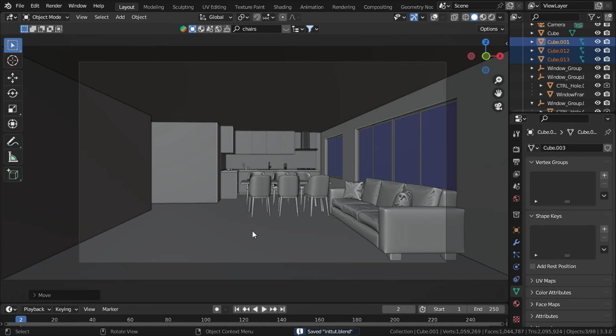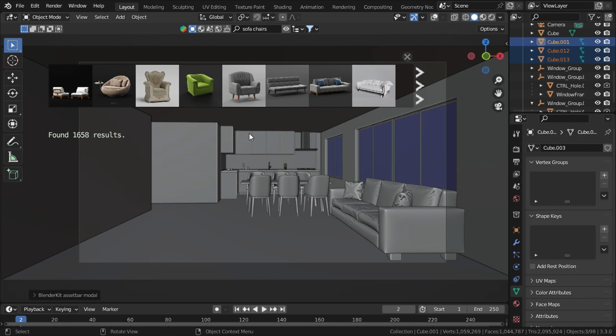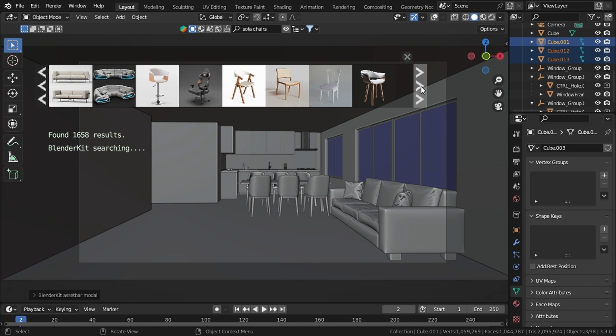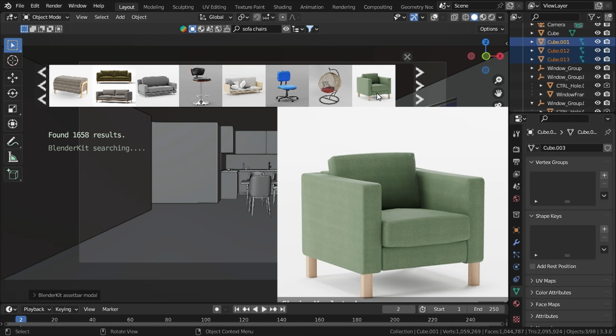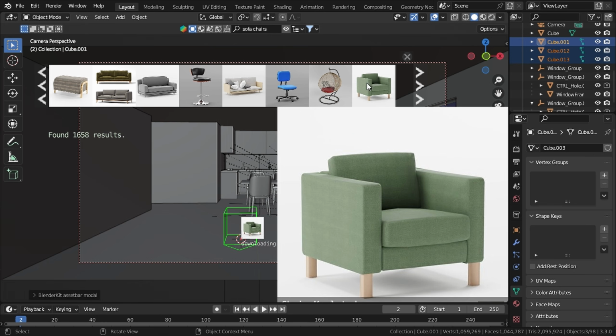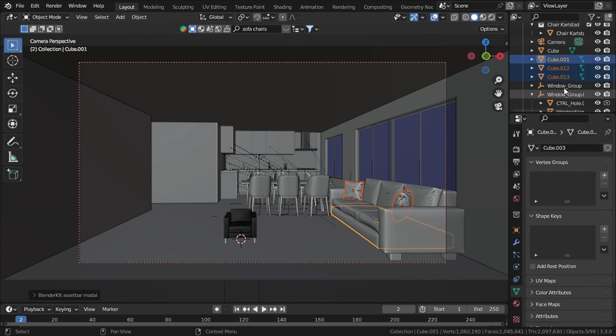Now let's add in some sofa seats in here, so let's search sofa chairs, and we will add in some simple sofa chairs, and also we will change the material to this our original sofa. So let's find in some cool ones. Okay, so I like this one, so place our 3D cursor here and let's add in this one,